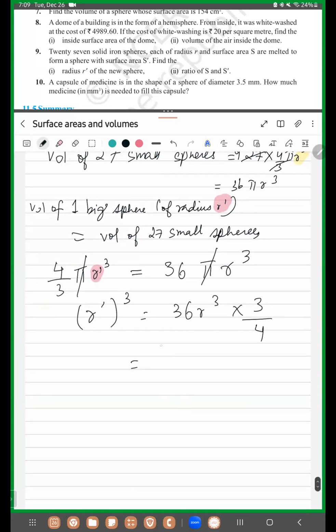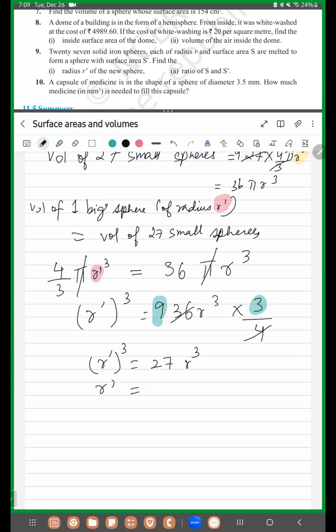This can be written as 4 into 9 into 3, or instead of that, let's just do this. 4 9s are 36, right? So we have 9 into 3, which is 27. 27 r cube. So r dash cube is equal to 27 r cube. So r dash is the cube root of,